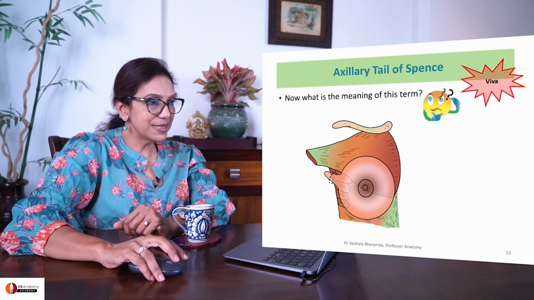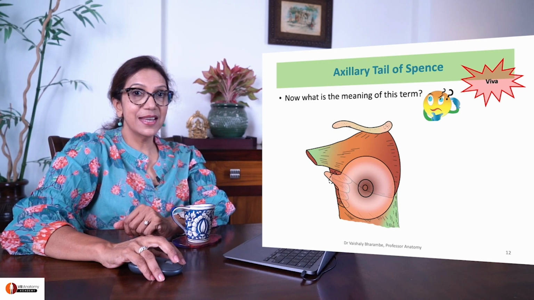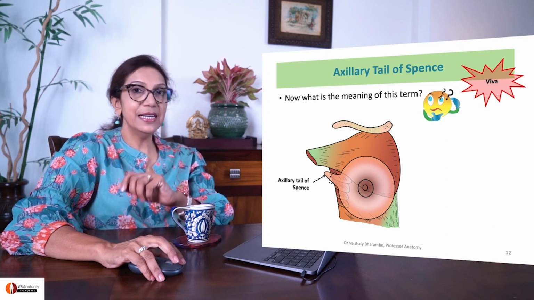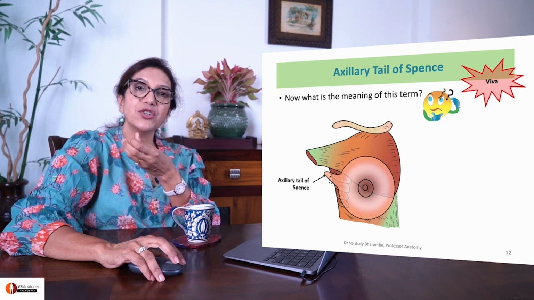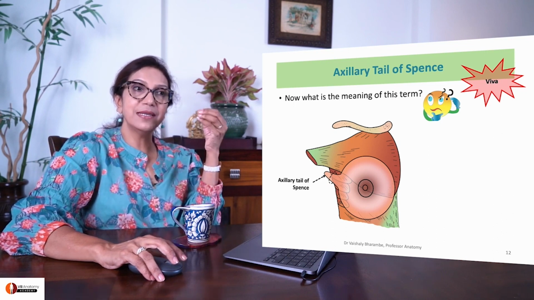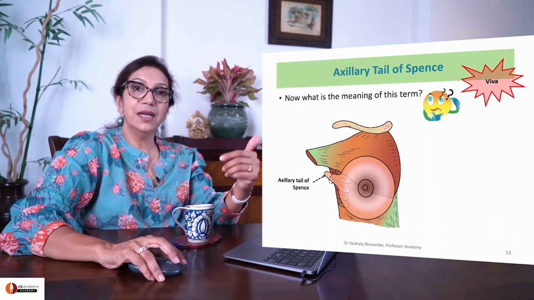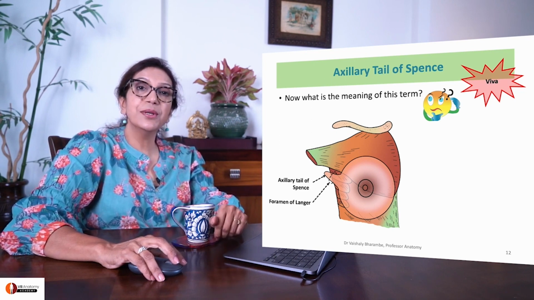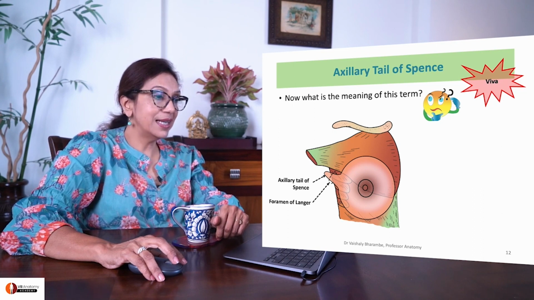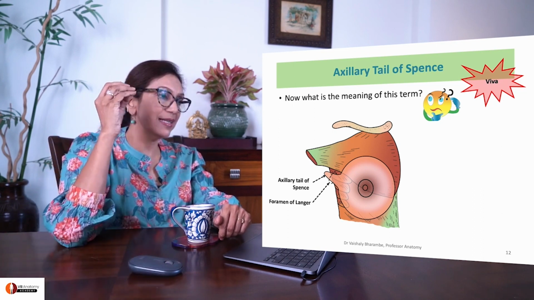Axillary tail of Spence is, what is the meaning? That's a little bit of the mammary tissue that is extending inside the patient's axilla by passing through a hole in the axillary fascia. The hole in axillary fascia is called foramen of Langer, and the tissue that goes inside the axilla is called